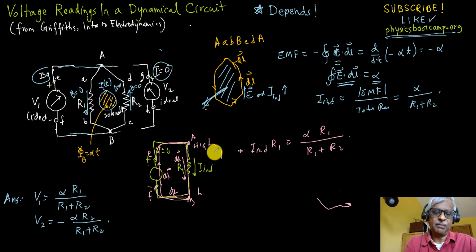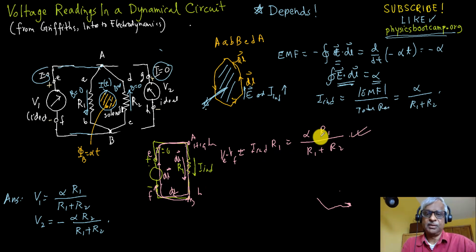So VE minus VF will be just this, because you can go whichever way. It's going to be just this high voltage, this is the lower voltage, and then just work it out like that. Okay,